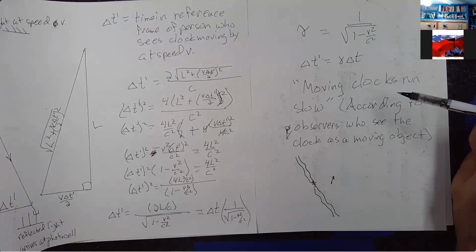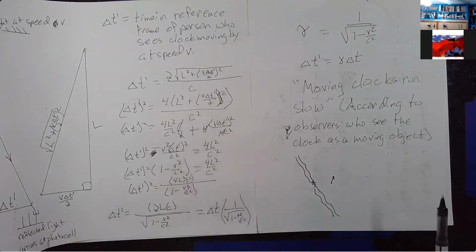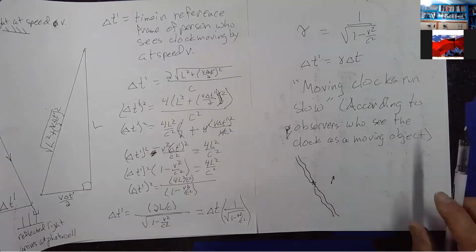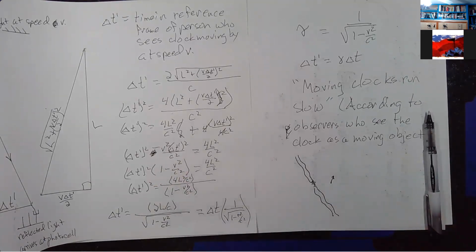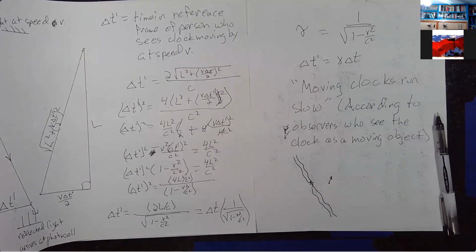Someone who's moving at a high rate of speed will have a longer life according to someone who's not, who sees them as a moving object. But it goes both ways. Motion is relative. Everybody thinks everybody else is moving with respect to them, and they don't get that. Now, I want to show you something about just how much of a difference this makes, and I'll drag